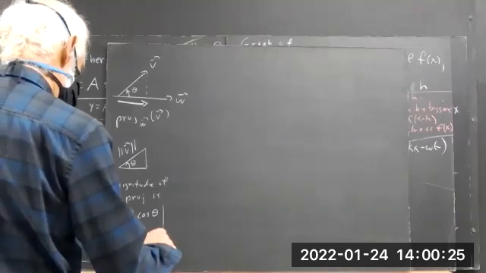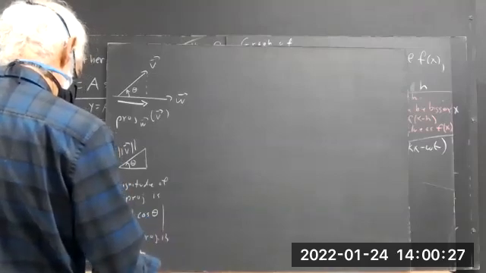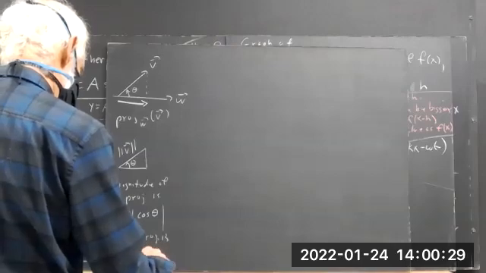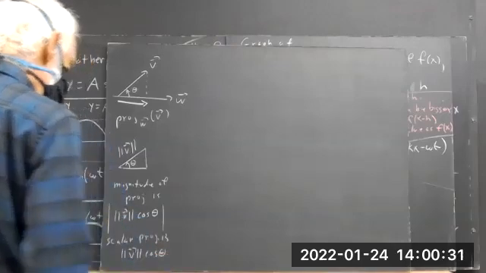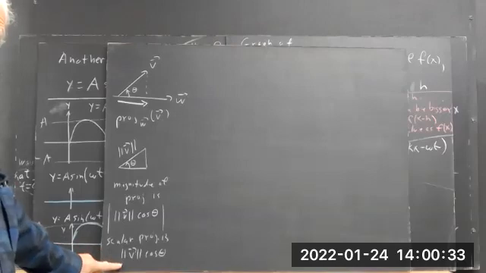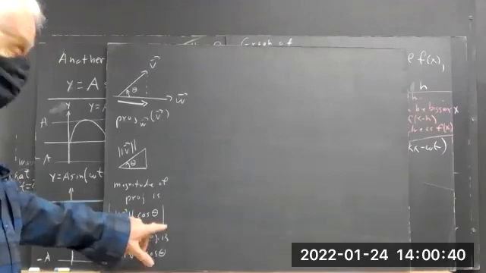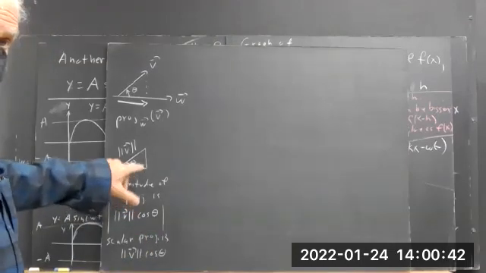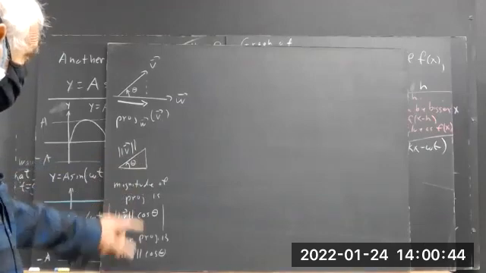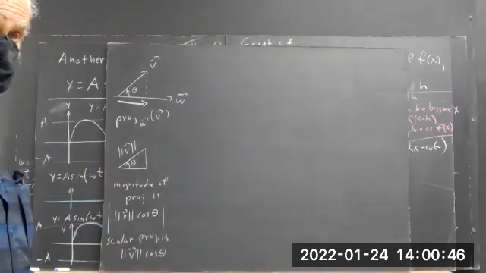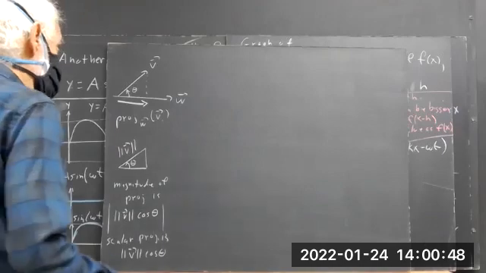Scalar projection is magnitude of V cosine theta, and this can be positive or negative. And you want the positive or negative. You don't want to use the magnitude of this side. But I went through the magnitude before I got this, just to relate everything to the triangle. Okay, so